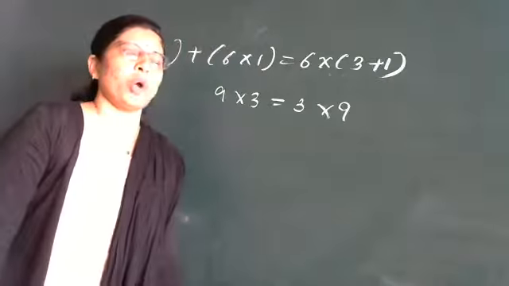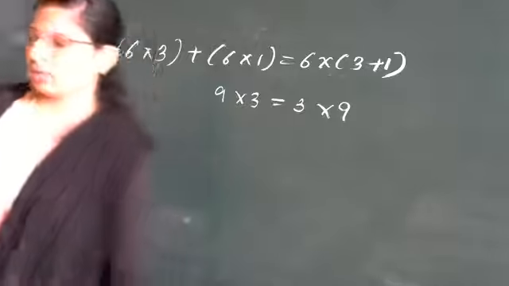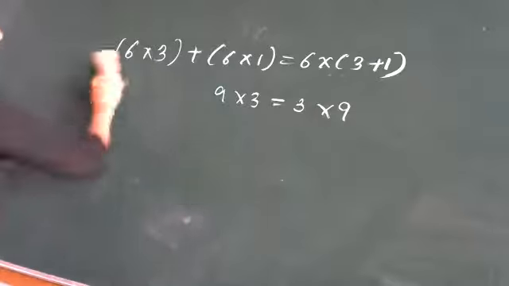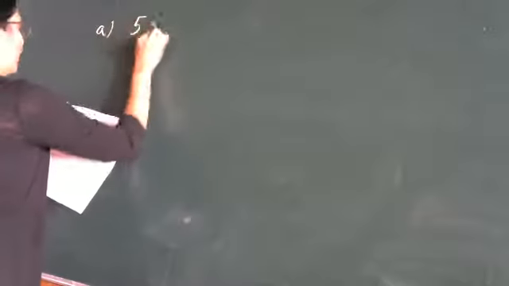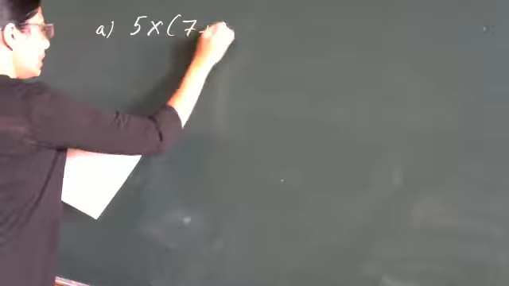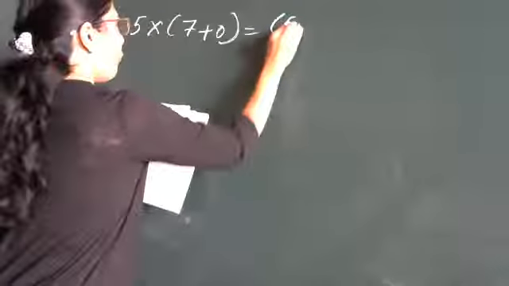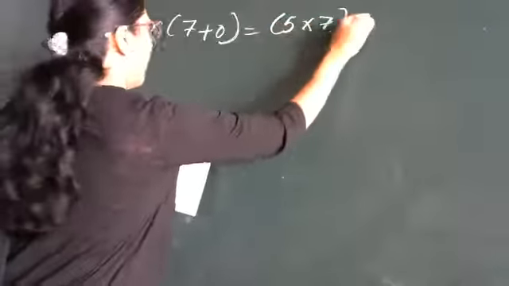Yes, distributive property over subtraction. Yes, correct. Now again you can see the fill in the blanks. See here. It is given 5 into 7 plus 0 is equal to 5 into 7 plus